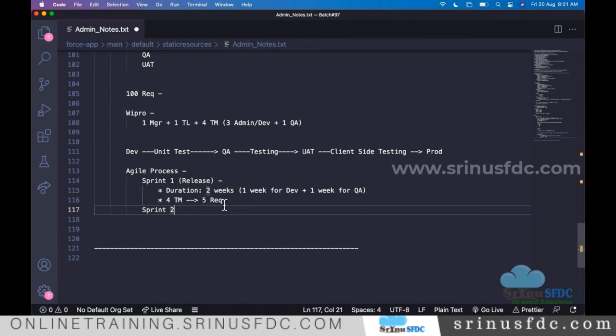Before each sprint, there is a meeting. Technically, we call it backlog grooming. In that meeting, they decide what requirements they are going to work on.